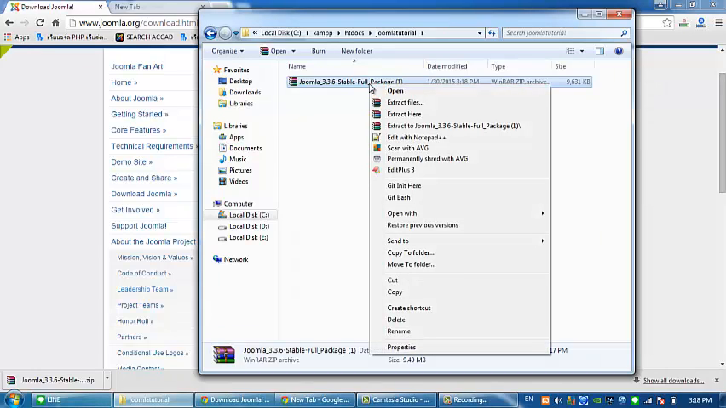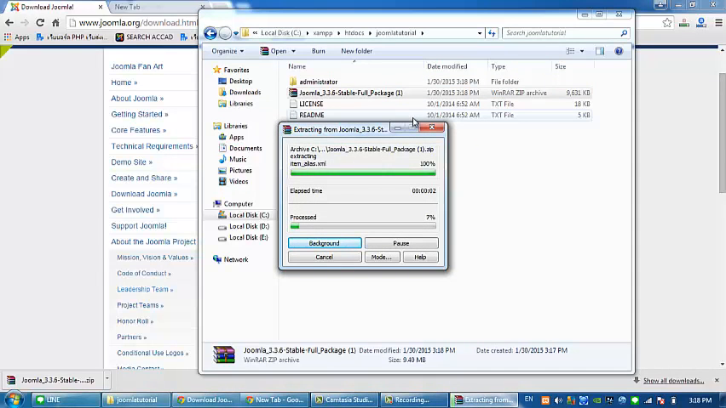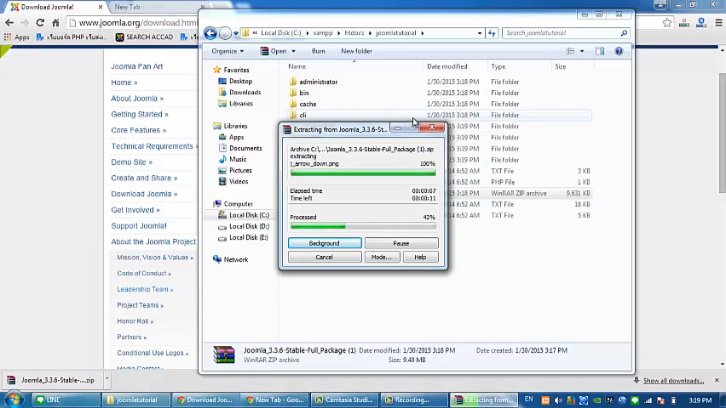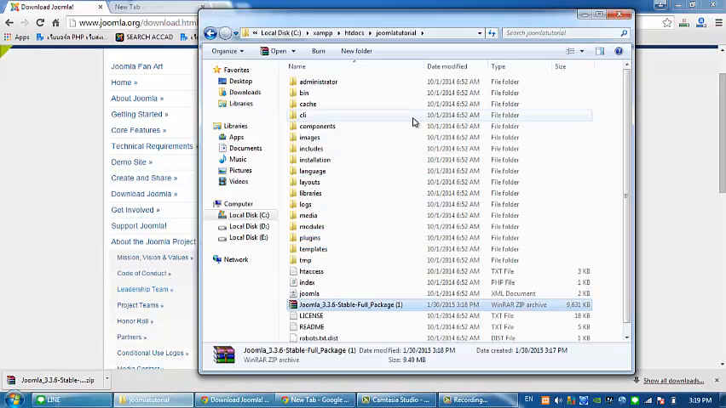and then unpack. So extract here. So just wait for a minute because it's unpacking. So after that, we will delete the zip